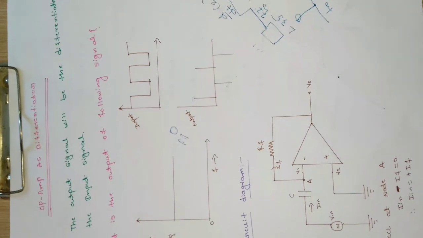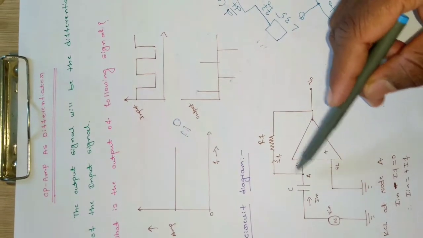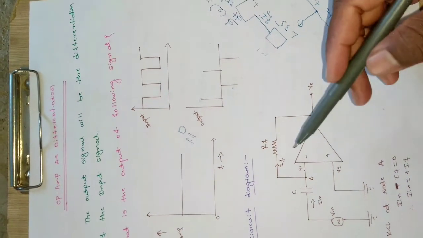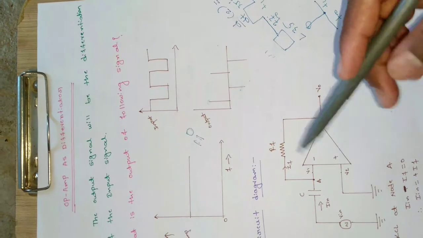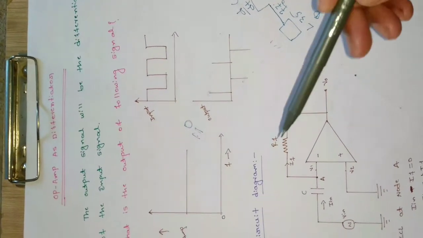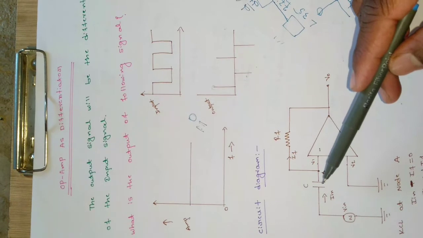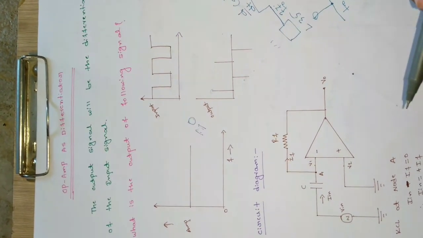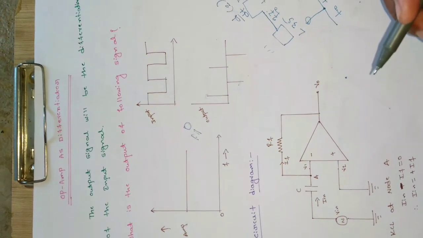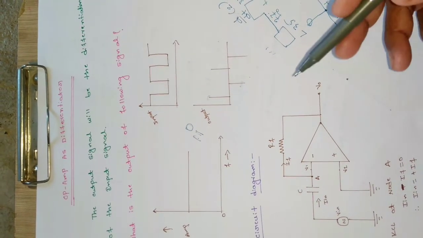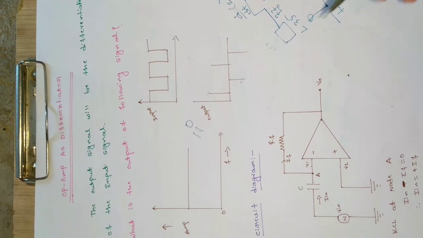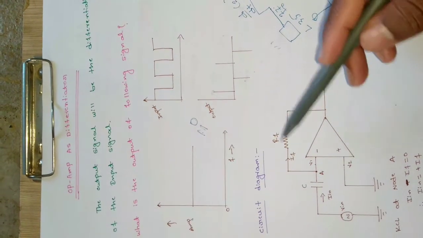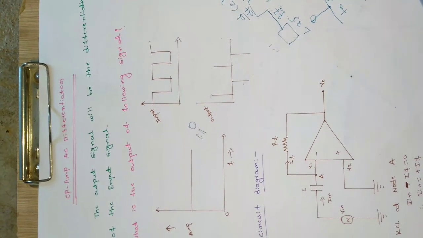I don't currently have the integrator, but in the case of an integrator, the capacitor will be here and the resistor will be here. So we just need to interchange the positions of the resistor and capacitor. The capacitor will come to the input terminal and the resistor will go to the feedback path. So it will act like a differentiator. As we know, differentiator and integrator are opposites of each other, because differentiation is successive subtraction, whereas integration is successive addition. So if you interchange the component positions, it will act as a differentiator here.